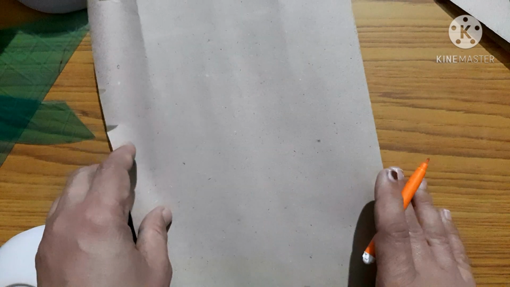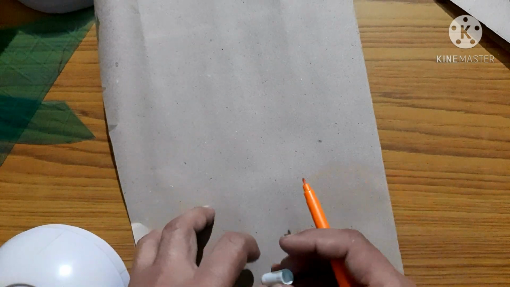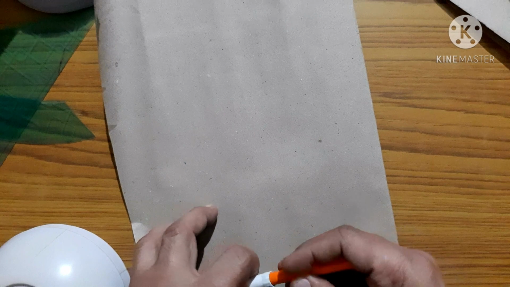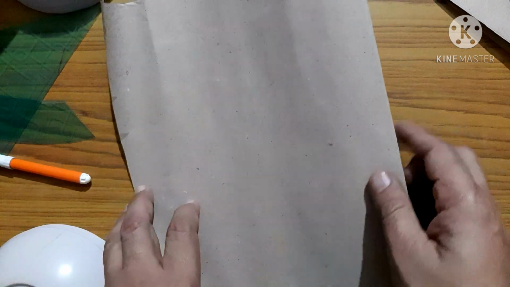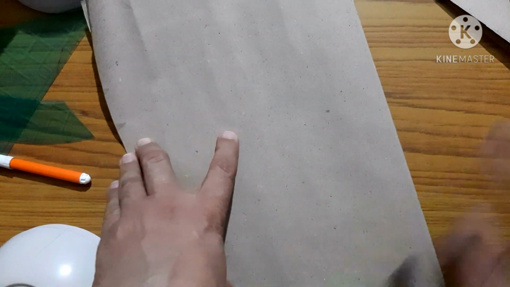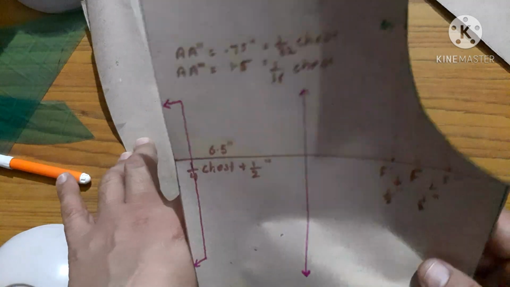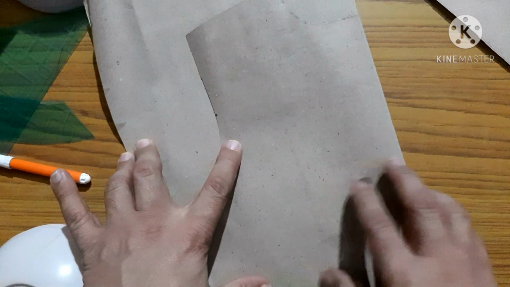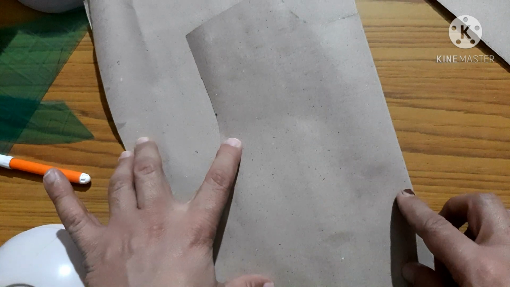This is the printed portion of the fabric, and I have to join both the fair side to the fair side, and then I have to cut. Otherwise, in some cases you may get a wrong pattern, right? So this right now I am making, this is the draft. Now I am making a ready to cut pattern with the help of this draft.